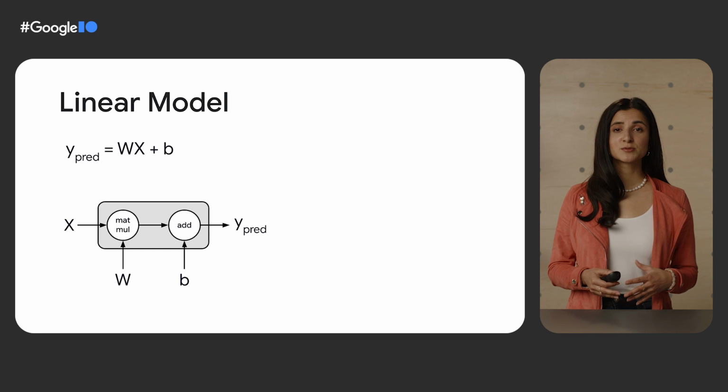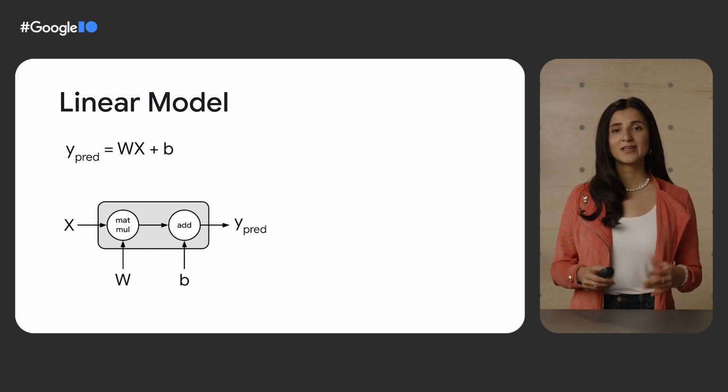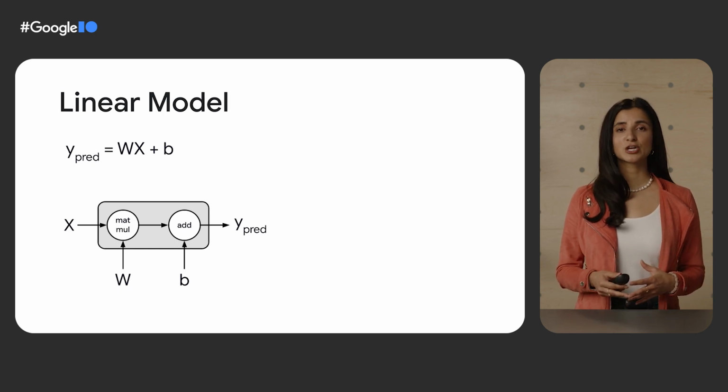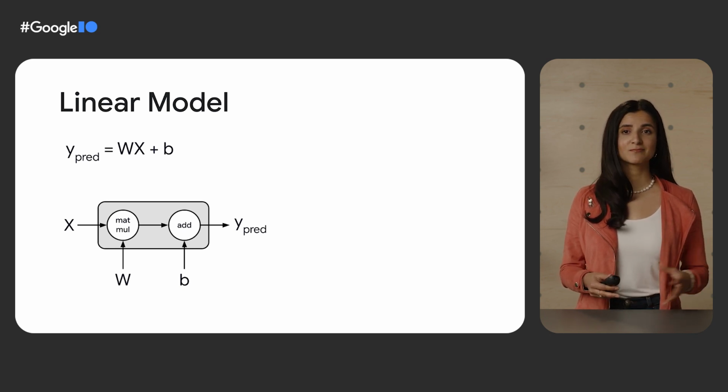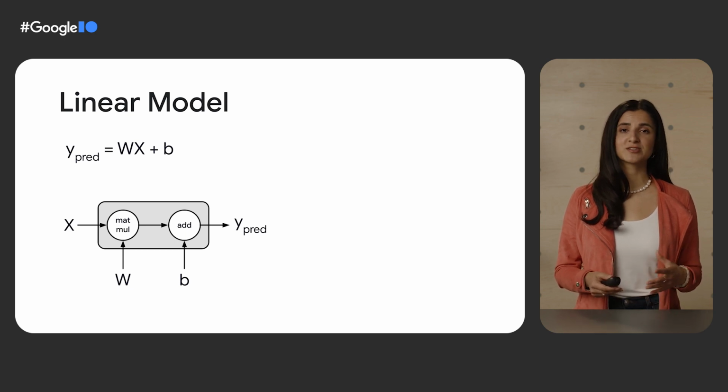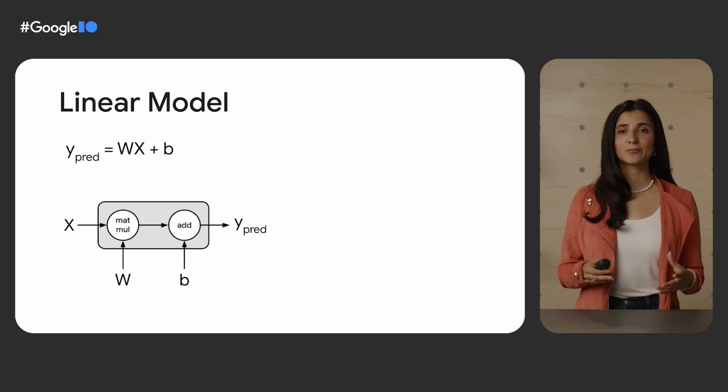To make this concept more concrete, let's assume our model is a linear model, y = wx + b. We can think of this linear model in terms of its computational graph. The matmul, or matrix multiplication operation, takes an x, the batch of training data, and w, the weights. The result of this operation is passed to the add operation with b, which is the model's bias terms. And the result of this operation is y_pred, which is the model's predictions.